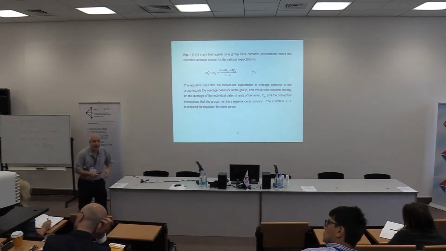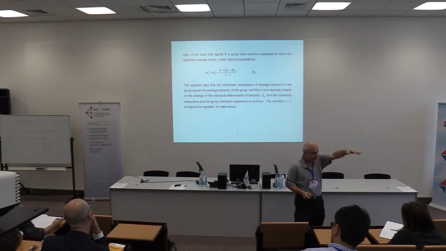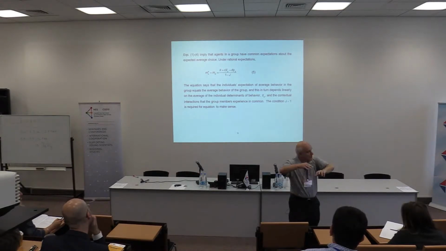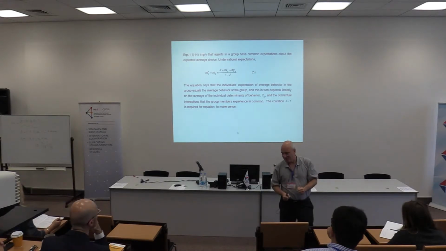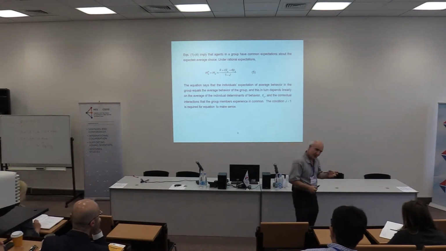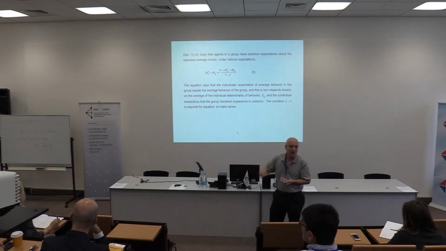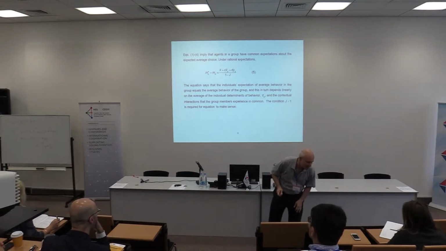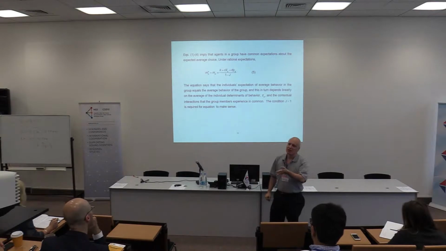What would give us identification is if x bar can move around without y bar moving in concert with it. That would let m move around without a one-to-one, without a linear relationship to the y's. When y equals x bar, you have linear dependence and identification fails. That is the reflection problem. So to understand the history of the literature, in the Manski 93 paper, he assumed x bar equaled y. Remember I said that assumption matters. This is why it matters. Once you make that assumption, identification fails. And that is what is known as the reflection problem.